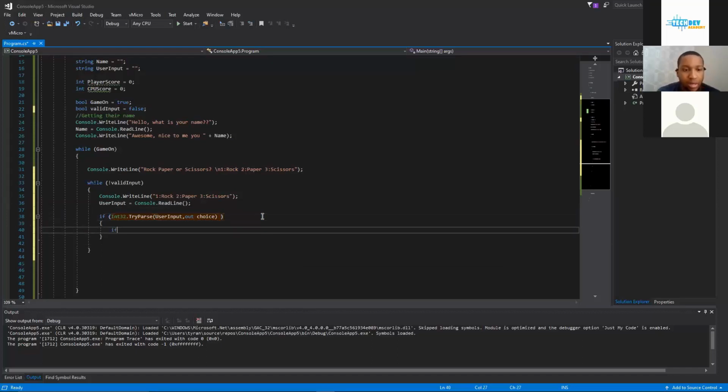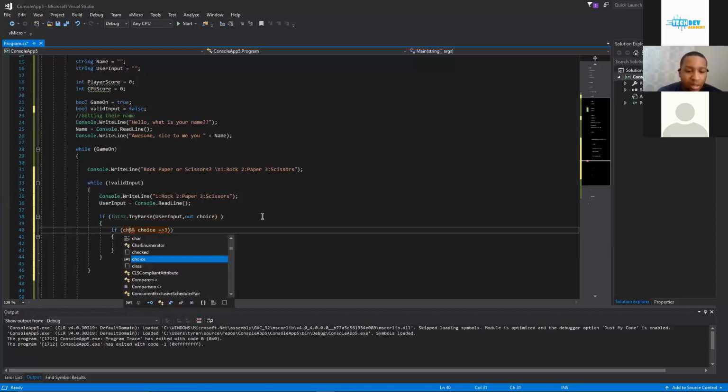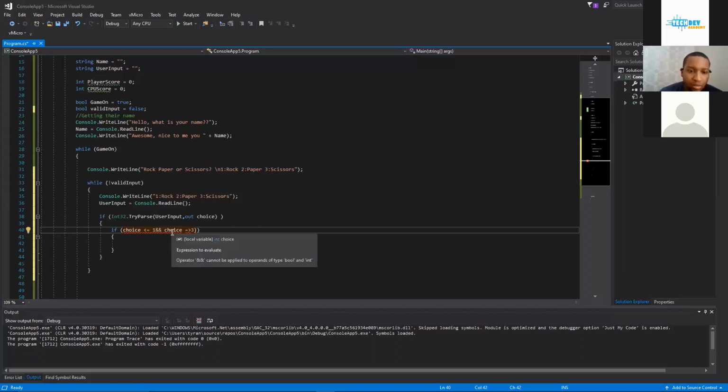So if this, right, then put another if statement inside and then put that. If choice is less than or equal to 3, and choice is greater than or equal to 1. Nope, I have those backwards. What is this issue now? I don't get it. So that's how we want it. Less than or equal to, sweet, and then if it's greater than or equal to 1,